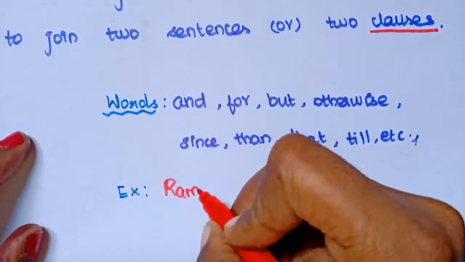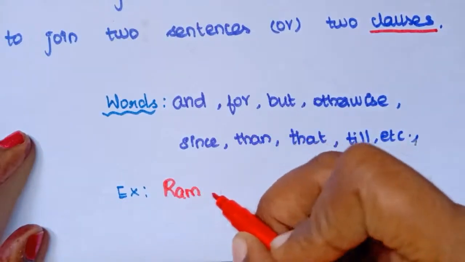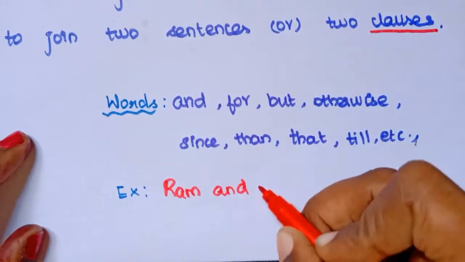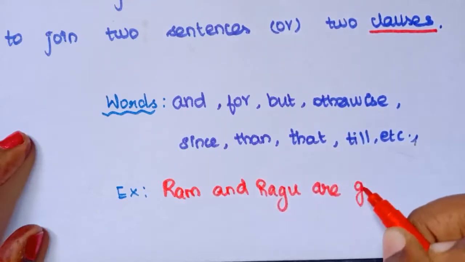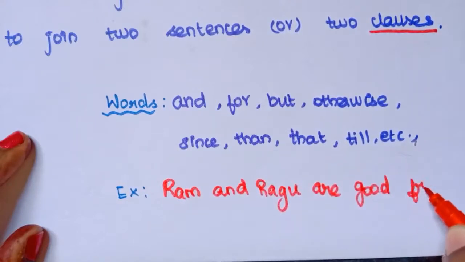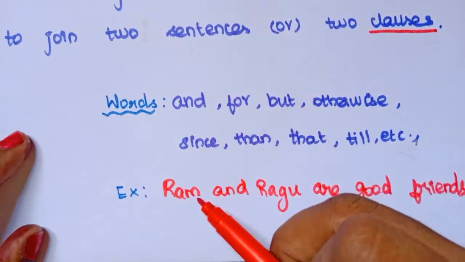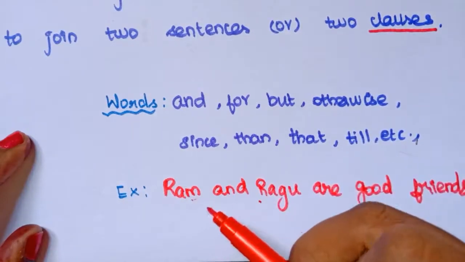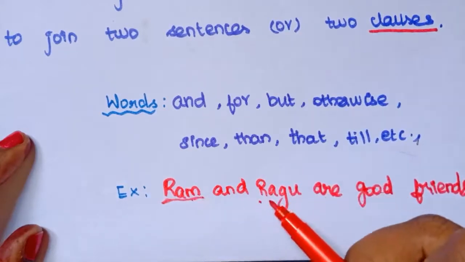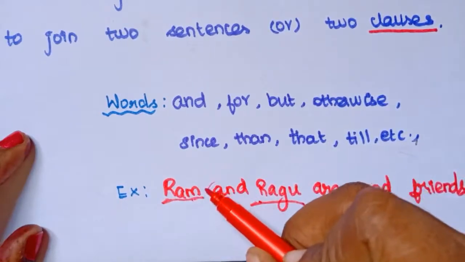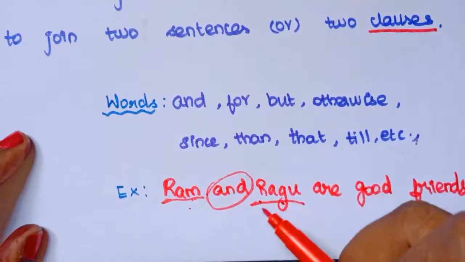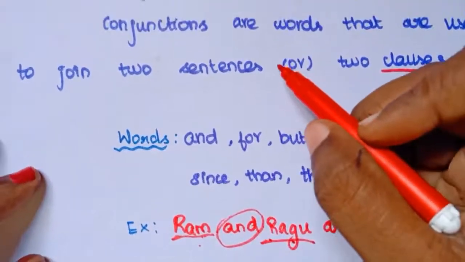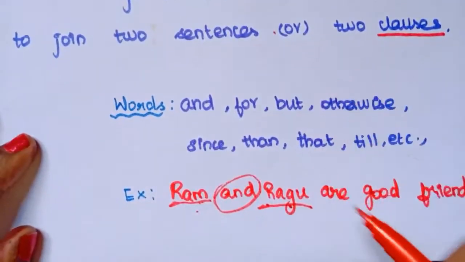now what example shall we take? We can take a boy called Ram and another one called Raghu. Ram and Raghu are good friends. So here it is just joining two nouns. Ram is a separate noun and Raghu is a separate noun, and this conjunction is just joining these two words. If you see another example justifying our definition,